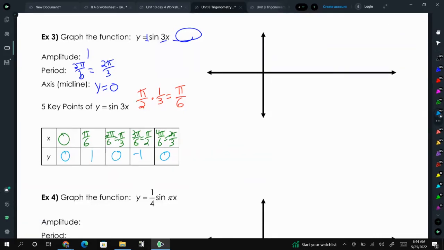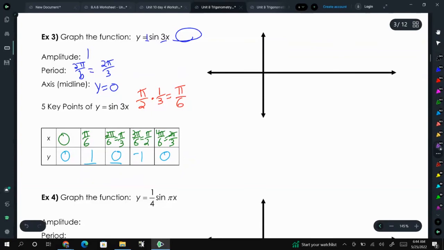If we plug in pi over 6 for x right here, 3 times pi over 6 will be 3 pi over 6, which is pi over 2. Well, the sine of pi over 2 is 1. We plug in pi over 3. 3 times pi over 3 is pi. Sine of pi is 0, and so on. So you could use this as a nice guide, as a nice pattern to avoid having to plug stuff in. All right,